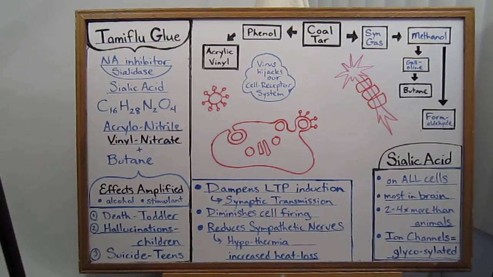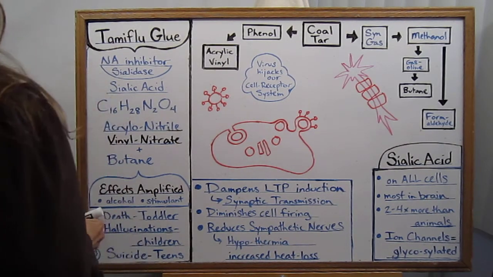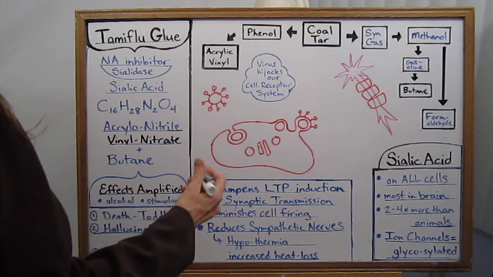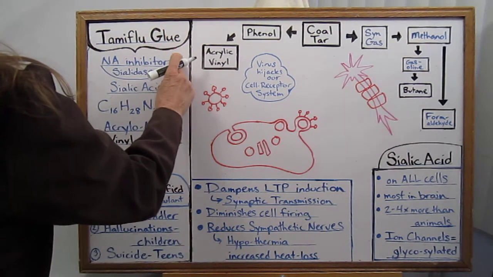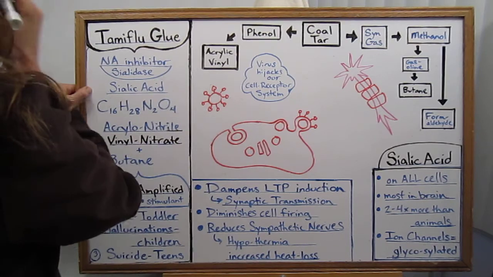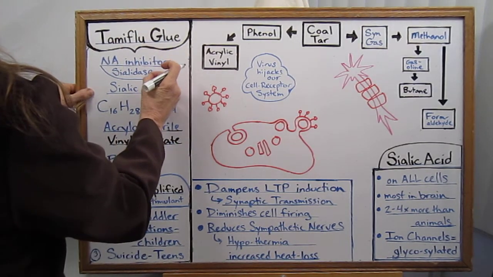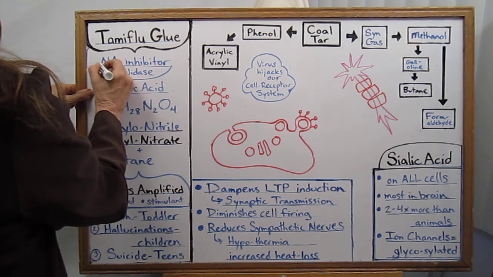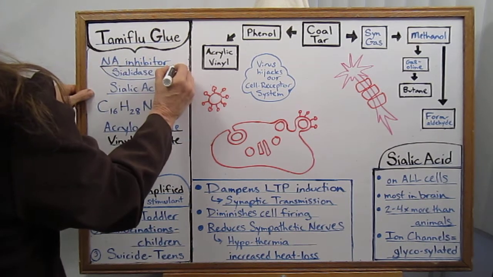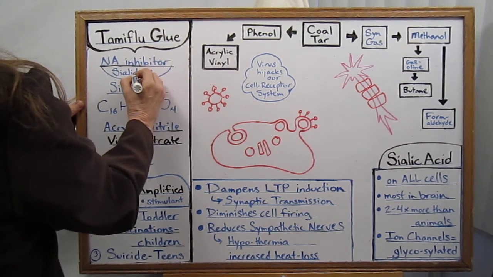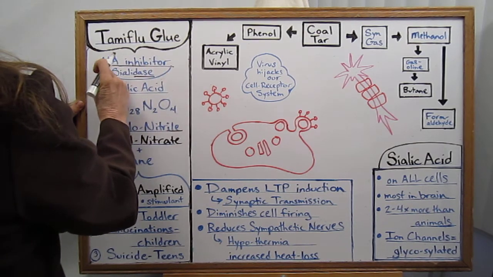Okay, now it's Tamiflu time. On this series about flu, Tamiflu glue I discovered. That's what it is. It's called a Neuraminidase Inhibitor. You can shorten that to NA inhibitor. Anything with a dase on the end is an enzyme, so Neuraminidase